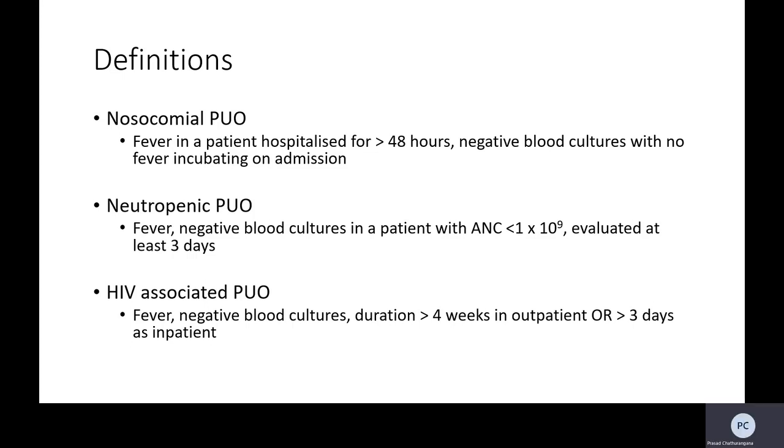Then in neutropenic PUO, we are thinking of opportunistic organisms such as certain bacteria, and viruses such as CMV. Then in HIV, as you know, they are more prone to get infections from pneumocystis carinii and TB, and again CMV. And in HIV, you can have certain malignancies as well, which might give rise to pyrexia of unknown origin.